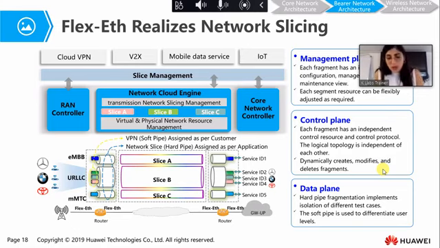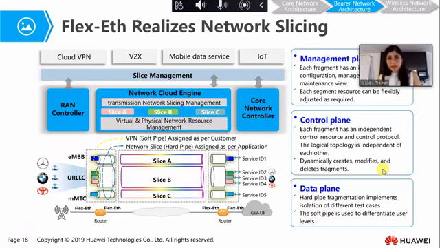So this means that with flexible Ethernet, we can have flexible connectivity between routers and optical transport equipment independently of the physical interfaces between routers and optical transport network devices. So we can remotely adjust the bandwidth as needed.